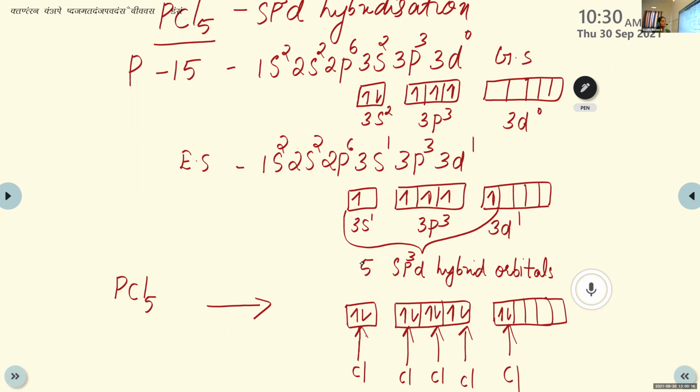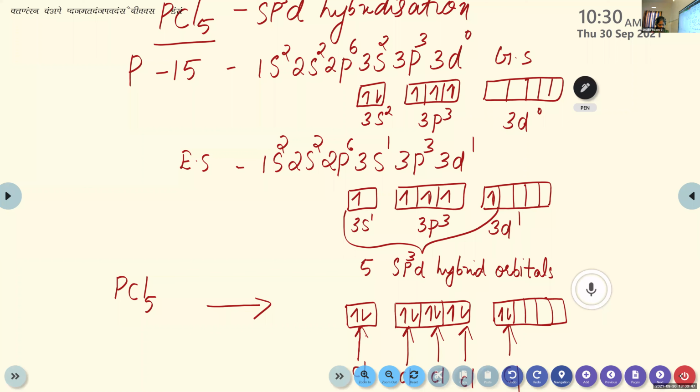Okay, anyone? Square planar. sp3d, not dsp3, sp3d. Trigonal bipyramidal. Trigonal bipyramidal, right? So for this PCl5 molecule also, the shape is trigonal bipyramidal. So now we can draw the shape. Have you completed this one, children? Yes or no? Yes, ma'am.